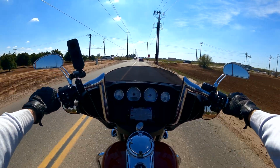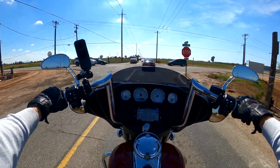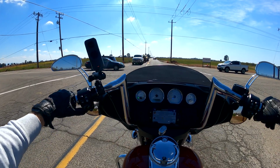Because first of all, the reason why I got these handlebars is because the stock 10-inch bars that the motorcycle came with was just